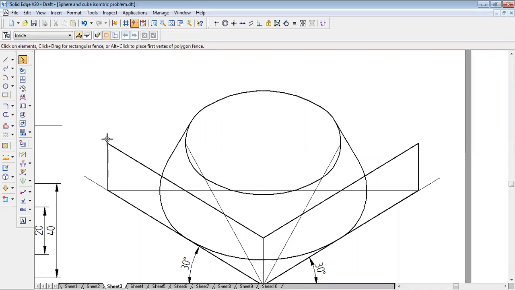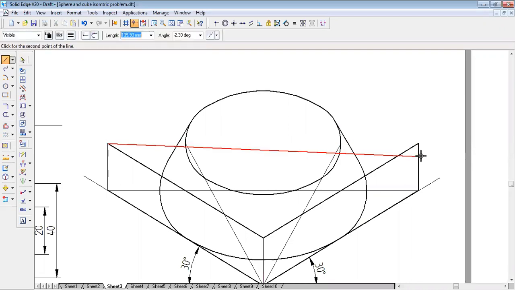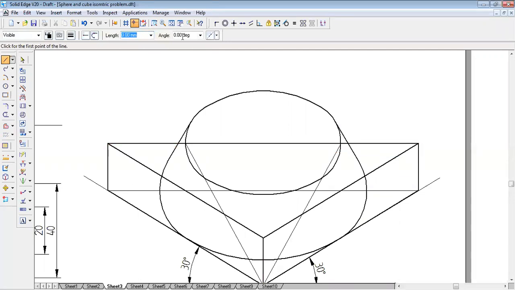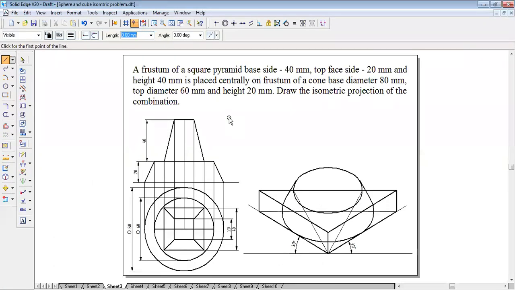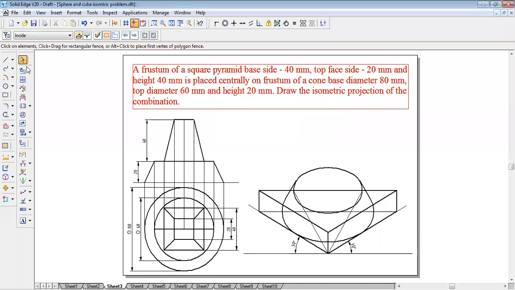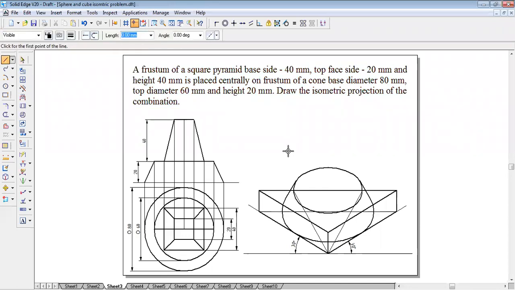Now I'll draw the top portion. Very simple. Draw a horizontal line, midpoint, and a 30-degree angle line on either side.